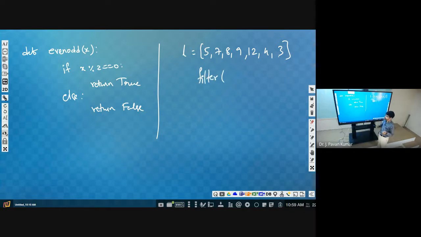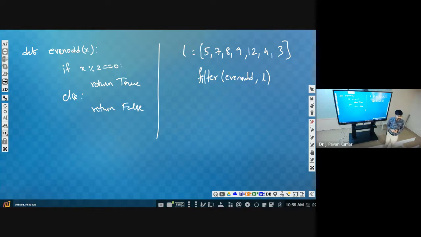So filter is a function. To filter we give the function which we will use to validate. That function name only we will use. What is the function name? even_odd. And on what list, whether it is a list or tuple or set, whatever collection we have, we can specify here. What is the list name?